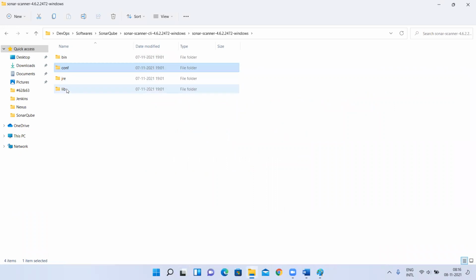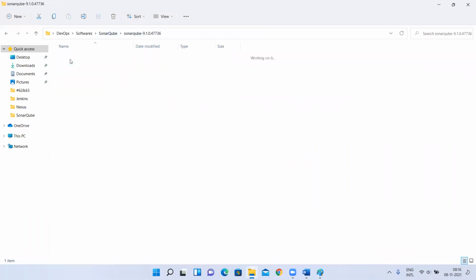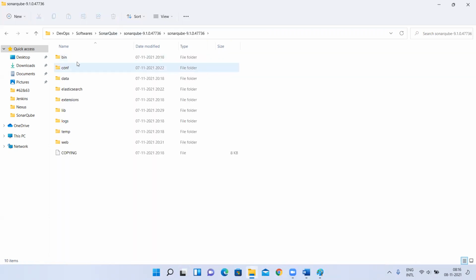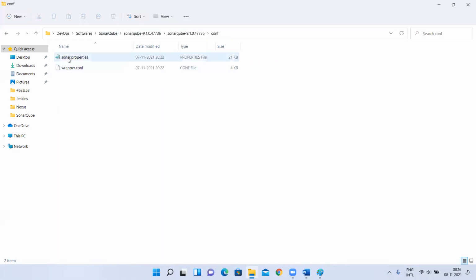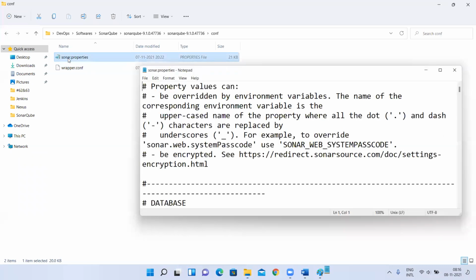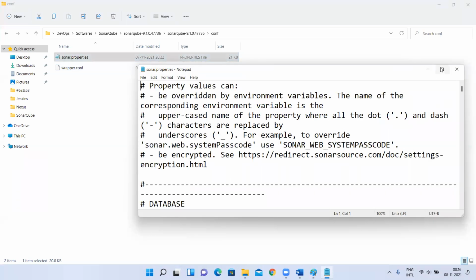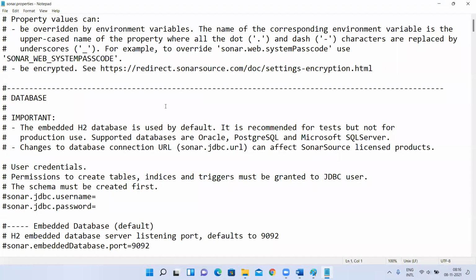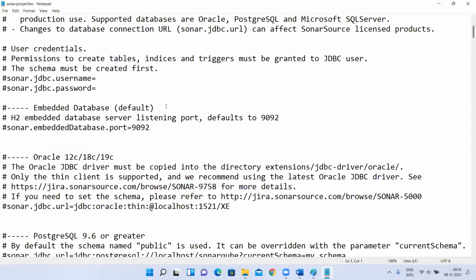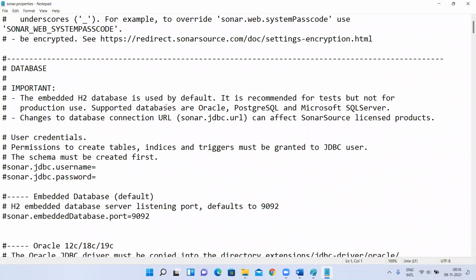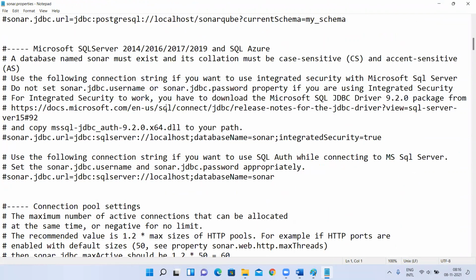Next, this is conf, we just discussed, right? Okay, these are about JRE library and all. And one more thing to remember in the SonarQube server is, if you get into conf, there is one file called sonar.properties. See here. This is the DB part, I'll discuss about this.